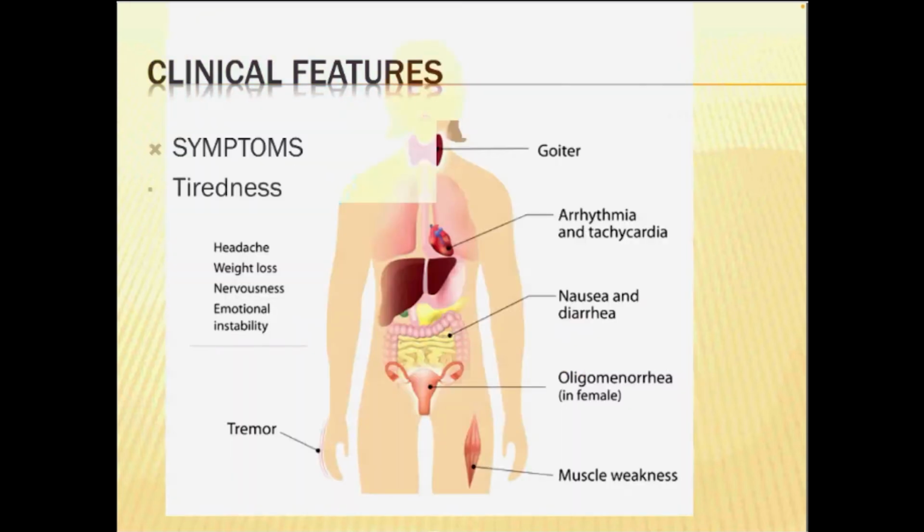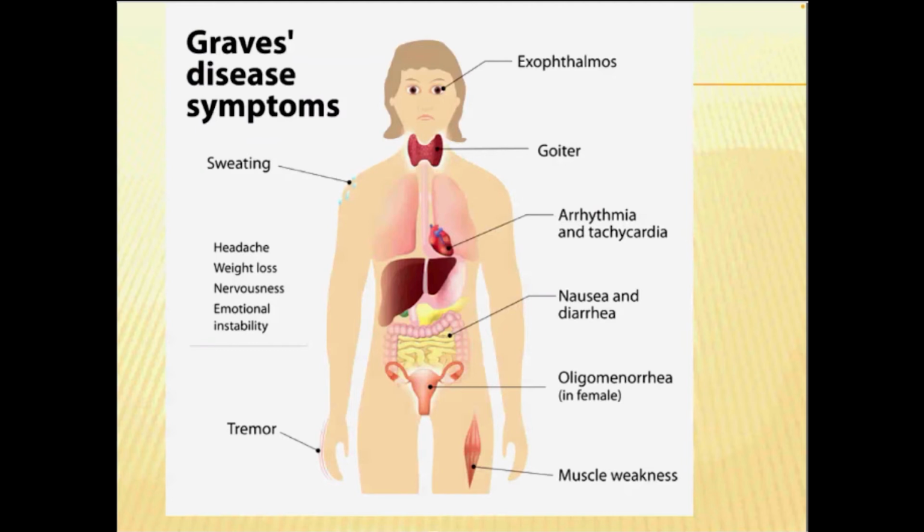Here come the clinical features of Graves' disease, that is, toxic diffuse goiter. The patient can present with exophthalmos and other eye signs. There will be goiter and excessive sweating. The patient can present with tachycardia, which is due to arrhythmia provoked by T3. GI symptoms like nausea and diarrhea will be there. Why diarrhea? Because of the increased metabolic rate, there will be fast transit of food from the esophagus to the anal canal. The motility of the gastrointestinal tract will also be very high, so the patient will complain of diarrhea.